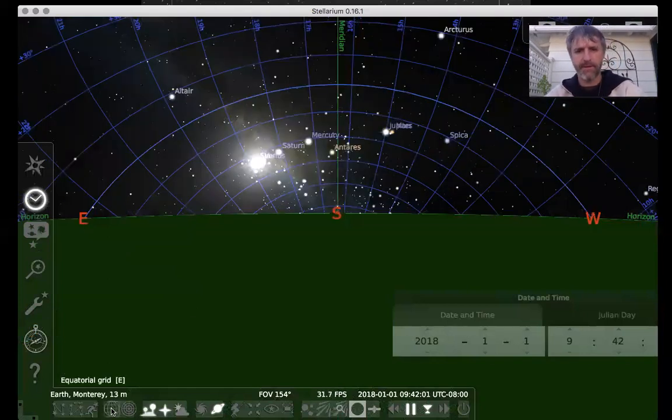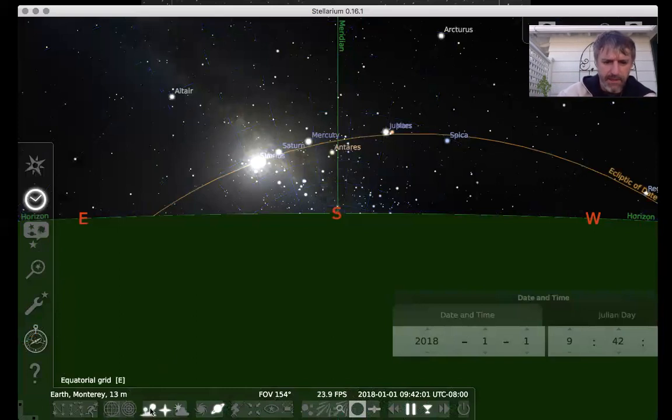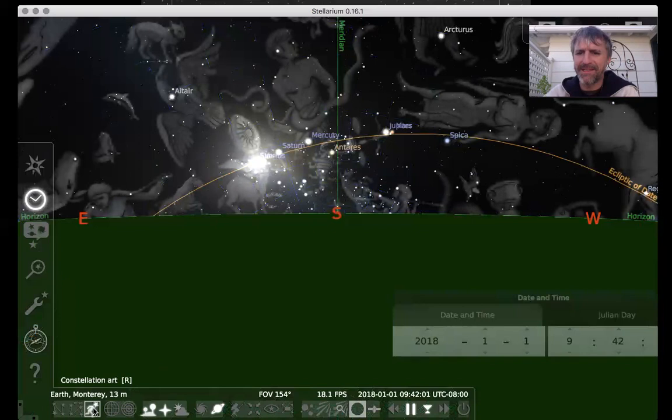So I'm going to take this grid away. I'm going to use the shortcut button to take the celestial equator away. I'd like to bring the ecliptic back in. All right, so there are these buttons here, the grid buttons, and we will utilize those sometimes. And here, this little running man is constellation art. All right, so here are these beings. One way to draw the Western image of these constellations, like Ophiuchus and Virgo, though you will hear me call her priestess,